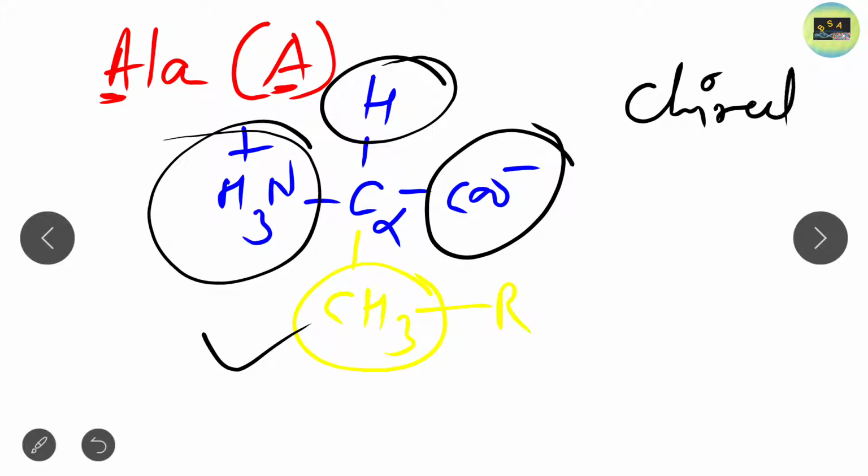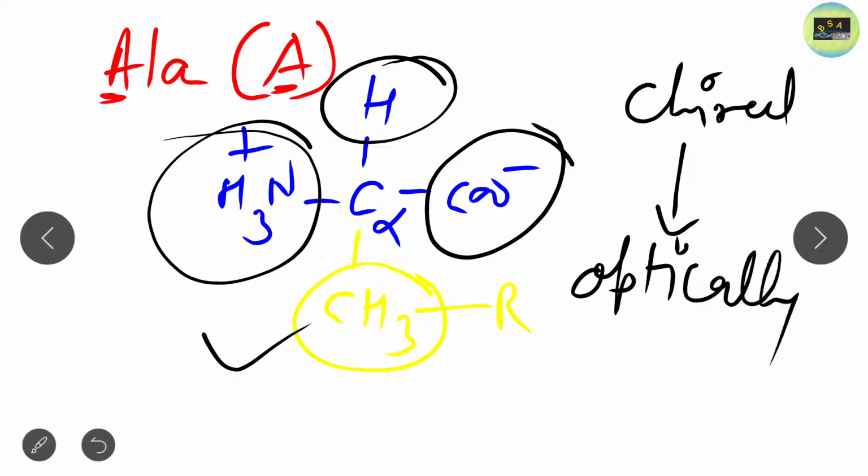Okay, as it has chirality, it is an optically active amino acid. Clear? Okay, now note one important point about alanine, is that alanine basically